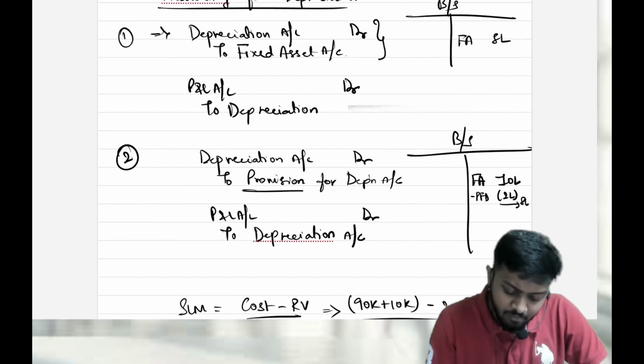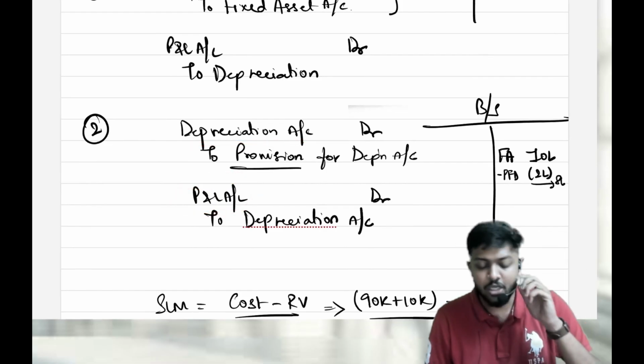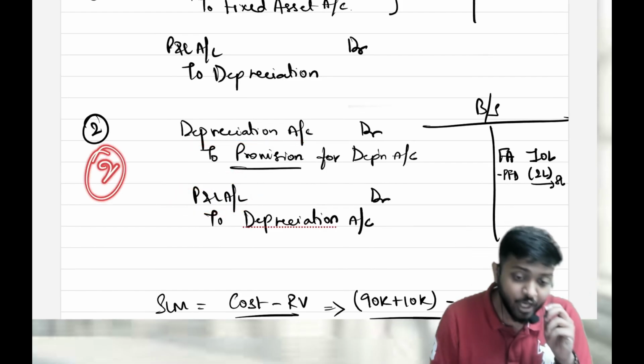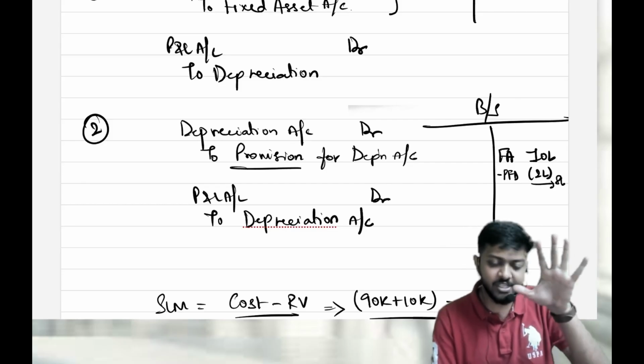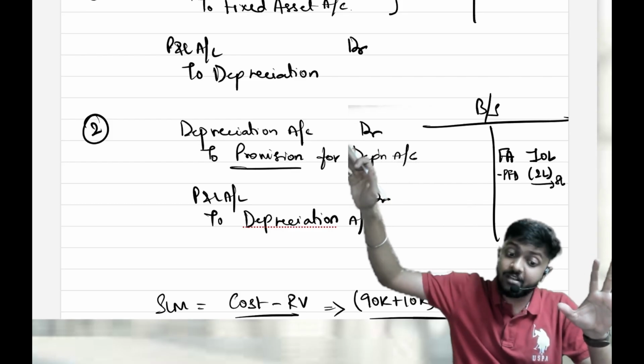Excuse me. Again, same thing. Depreciation is an expense and will be transferred to P&L. That is still the same. So, in the second method of accounting, what you have to observe is that whenever I am passing depreciation, the main asset account is not getting affected. The asset account is at cost only.